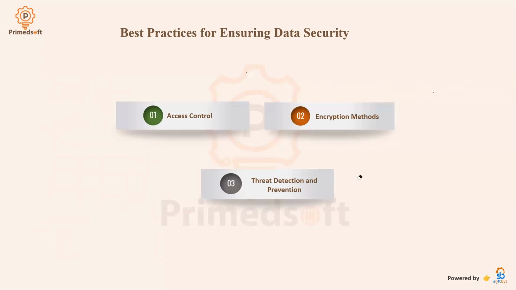All right, so the next is threats detection and prevention. Here we can deploy an intrusion detection system, IDS, and an intrusion prevention system to identify and thwart potential threats. This is not your job as a data professional. This is the job of cybersecurity. They handle this part, so don't worry about that. But this could be part of the data management and governance you want to implement in an organization.